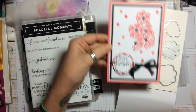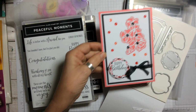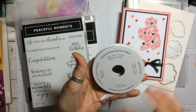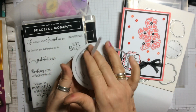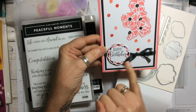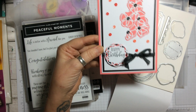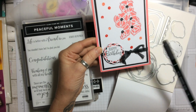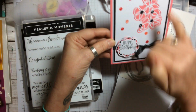The ribbon, I wanted to try and see how easy it was to colour. So this is the white, to get used to the names, the Crinkled Seam Binding ribbon, which, as I say, is absolutely lovely because it ties beautiful bows if you're not a great bow tier, but you can colour it in whatever colour. Now, black's quite a difficult colour because it doesn't always soak in, but I used just our Stampin' Write marker. Just coloured it through very quickly and very easily, and now I have black which coordinates